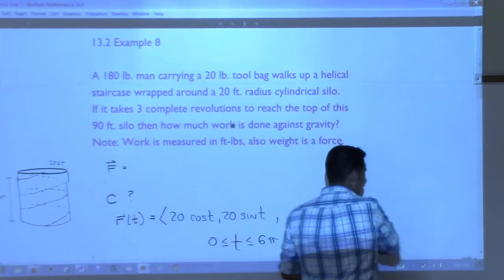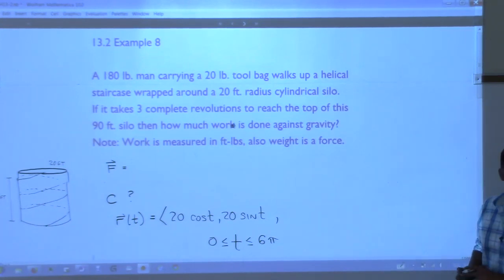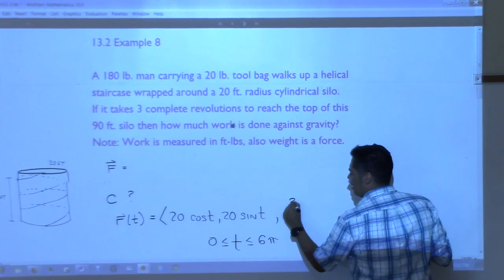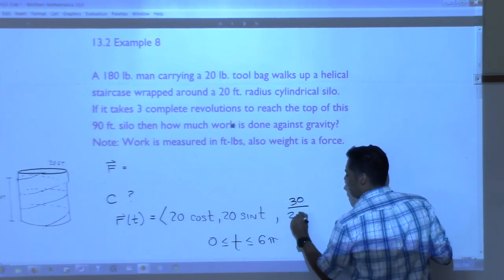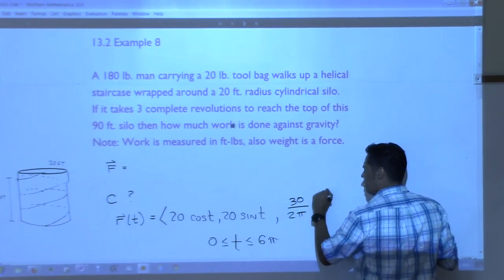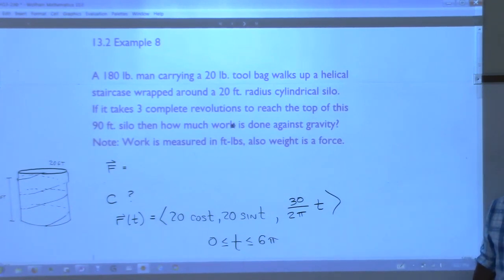Who has it? Anyone have it? What is it? Let's try that. 30 divided by 2 pi t. What do y'all think? If t is 0,